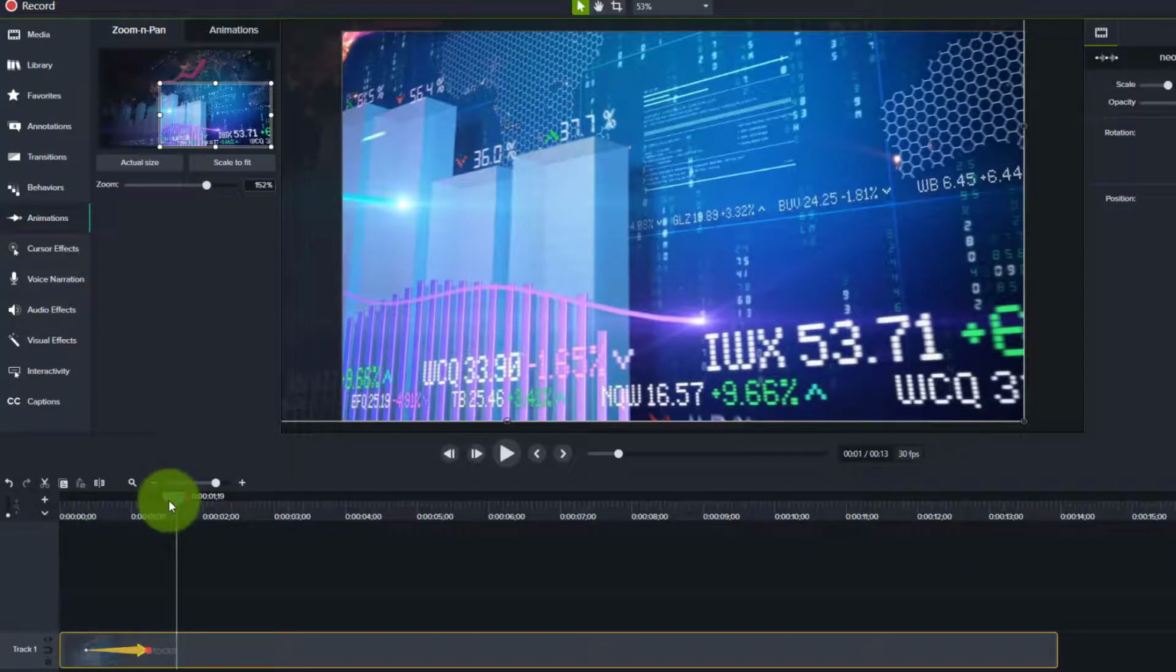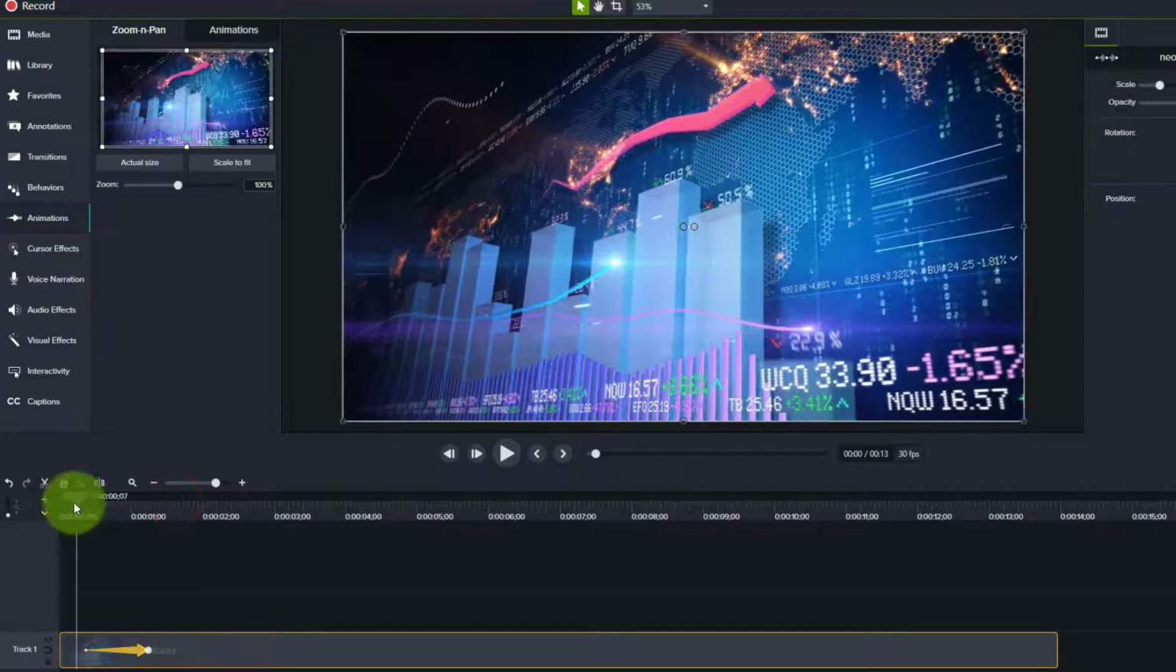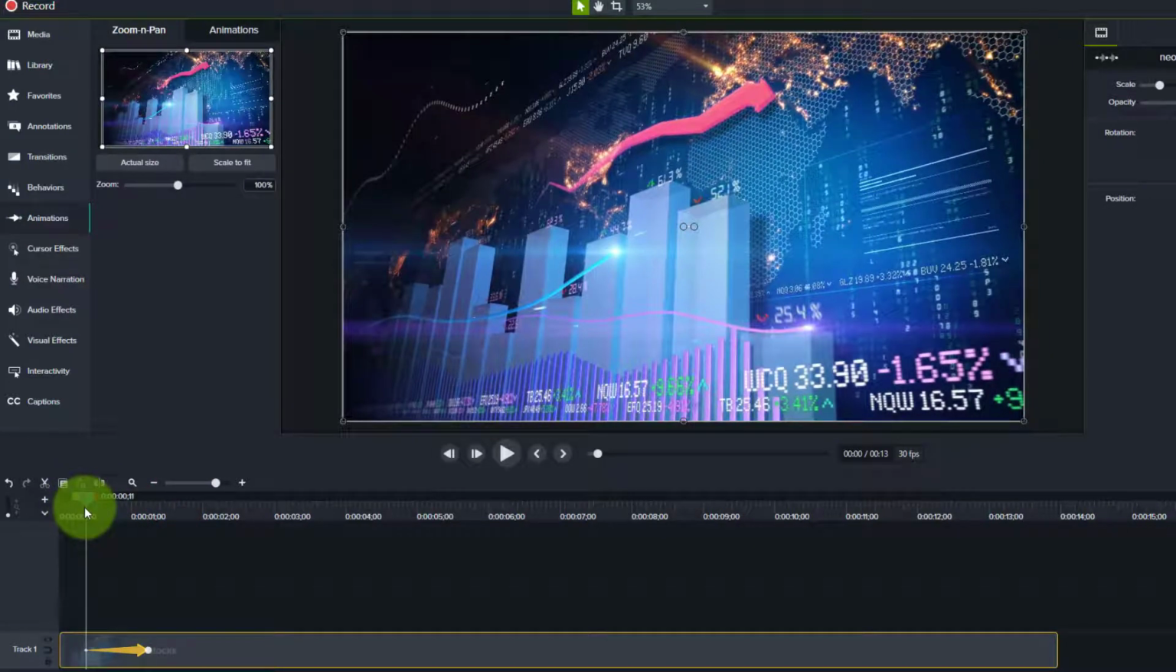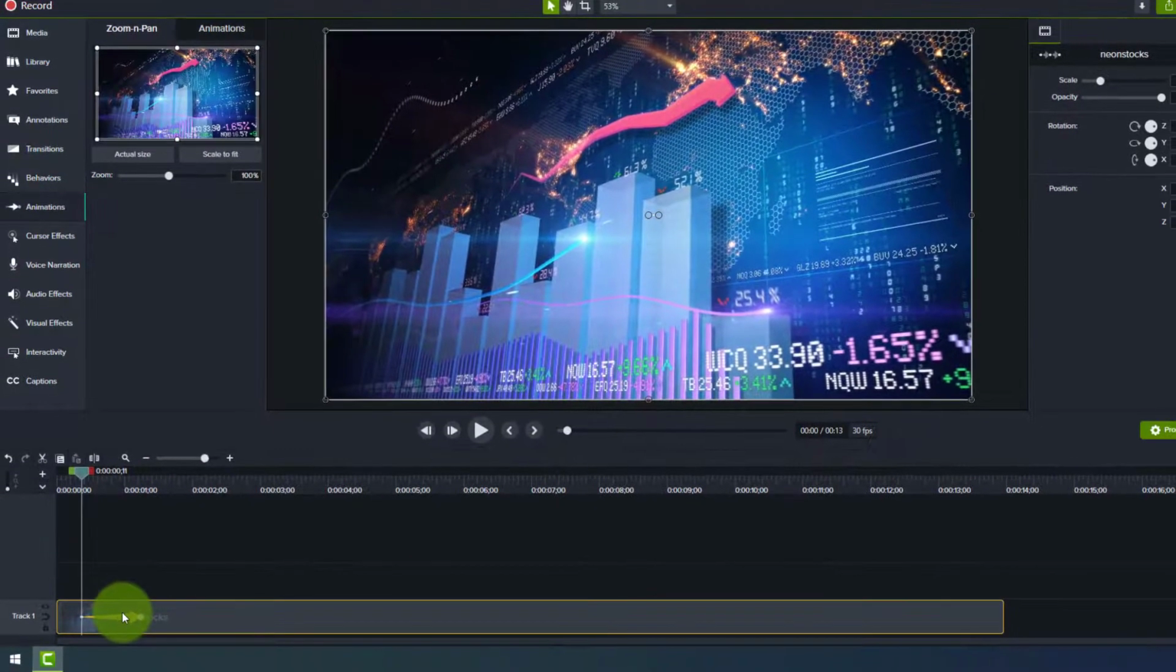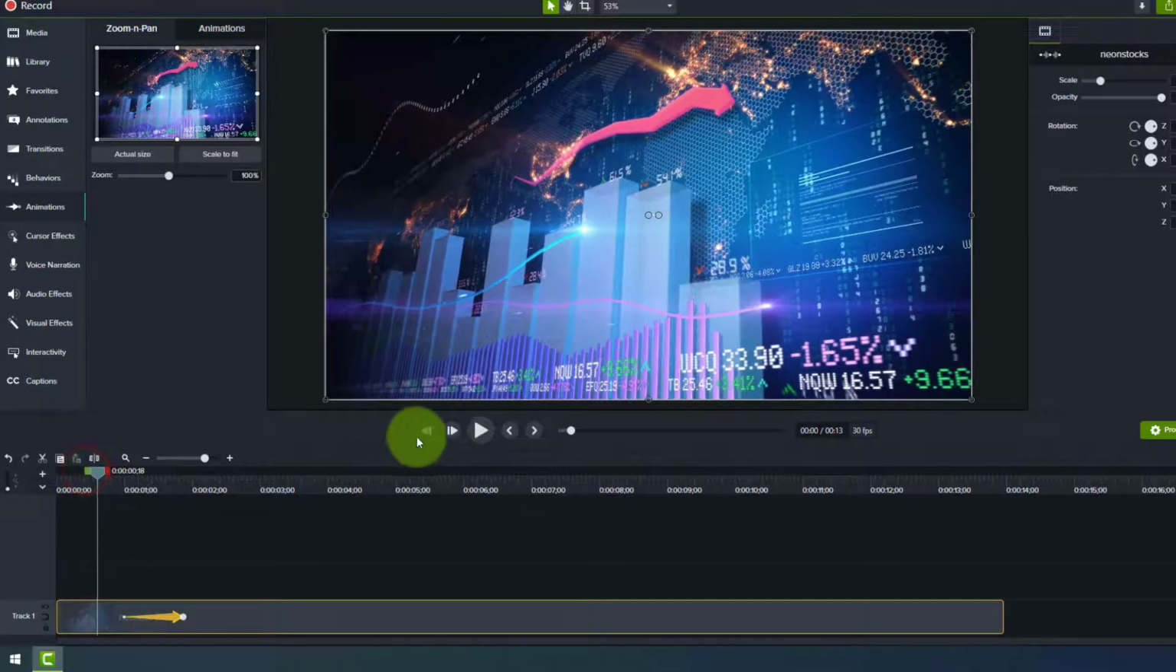So right now the zoom in animation is going to start roughly 11 frames into the video, but say I want it to start at a second, and as I drag it I get this little pop-up that says start time and a duration. So right now it's set to start at the 1 second mark and last for 26 frames. And so if I play this back from the beginning,